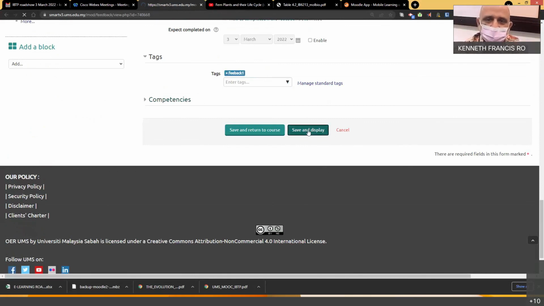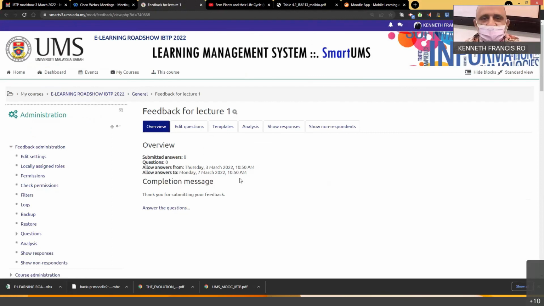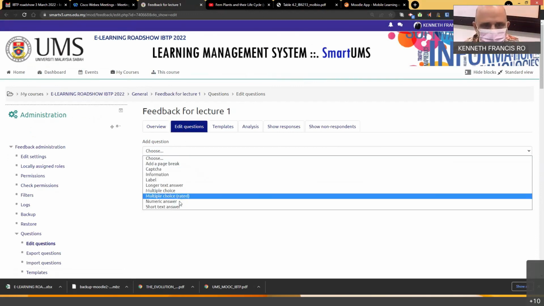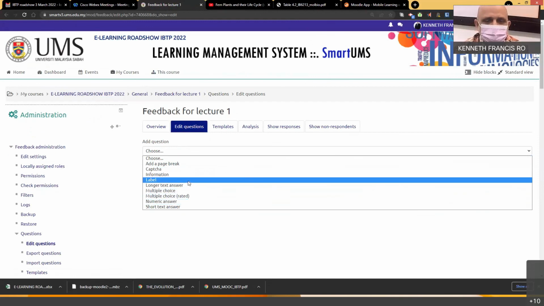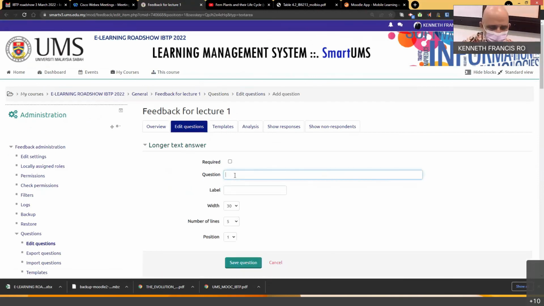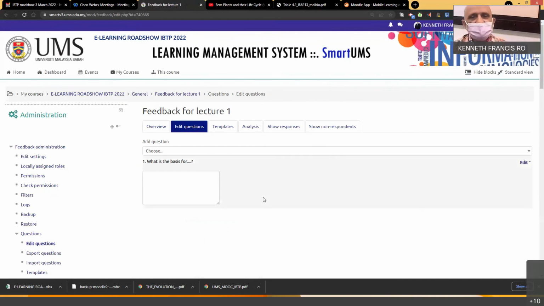Save and display. Okay. Now, once you generate a feedback, it will need a question. You can't create a feedback, so you have to edit a question, put up a question there. So usually we will give them text answer in feedback, okay, or an MCQ. So you can give them an answer. For example, what is the basis for something? Just something. So you'll have a label and you save question. So now this question will be seen in your